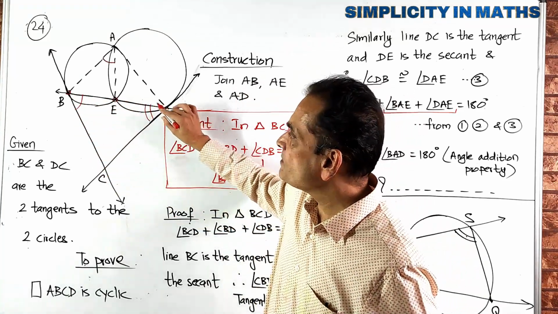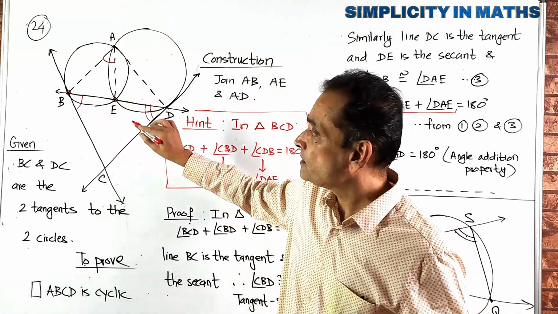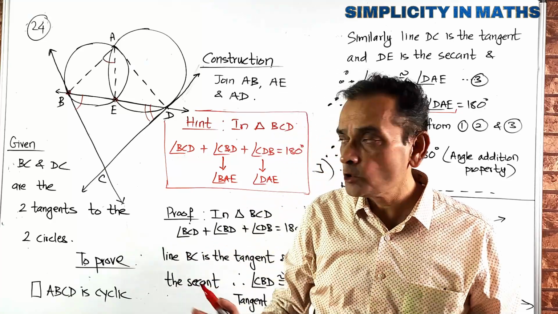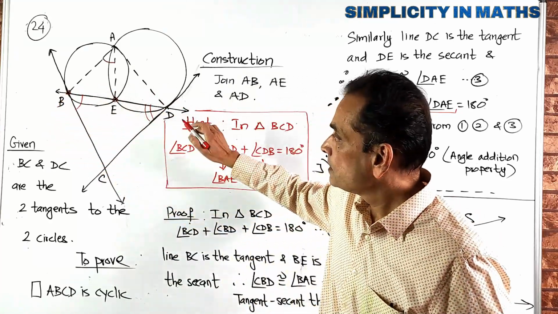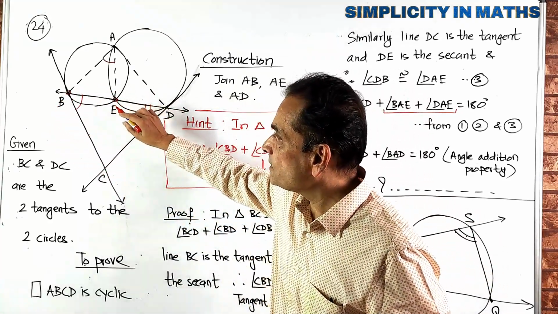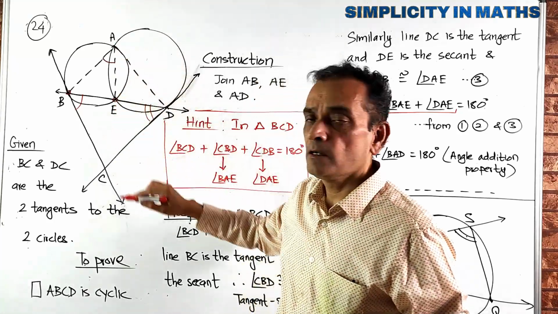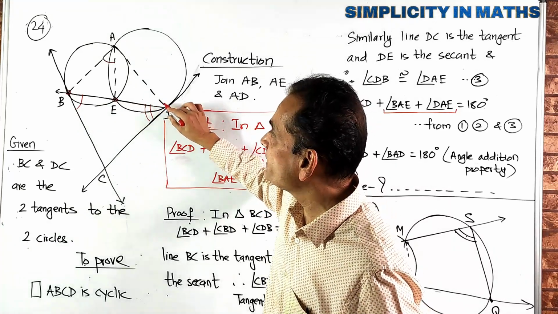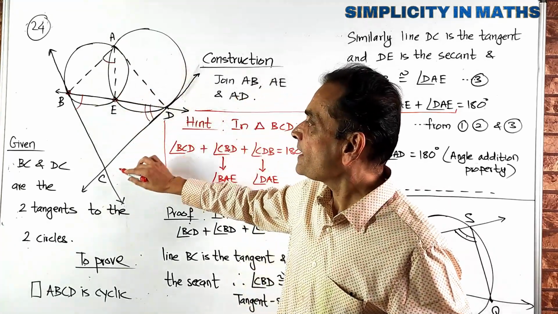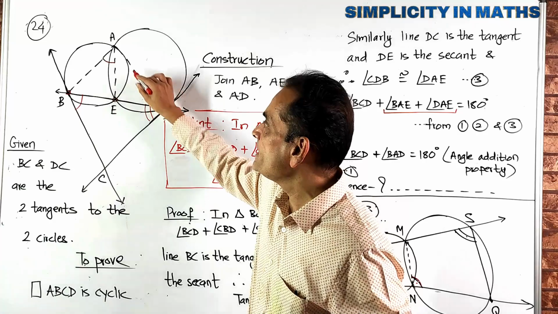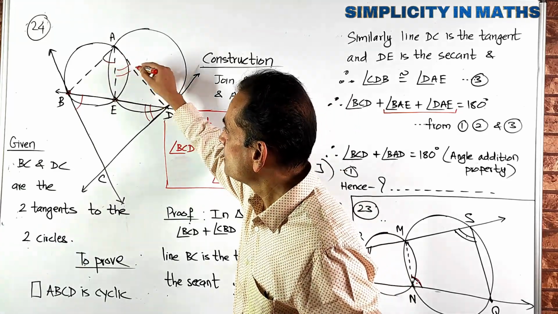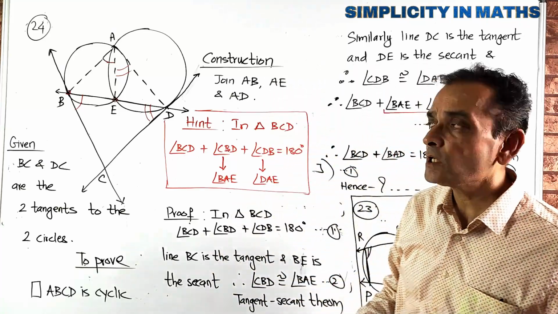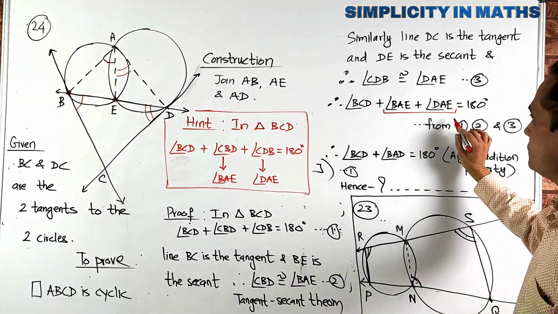So angle CDB is congruent to which angle? Just look at this chord. You have to look at the chord of the circle. Don't look at that full chord. Which angle is joined to this chord? DAE. So angle CDE is congruent to angle DAE, or angle CDB is congruent to angle DAE. So this is one pair, and this is another pair. The reason for both: tangent secant theorem. Okay,